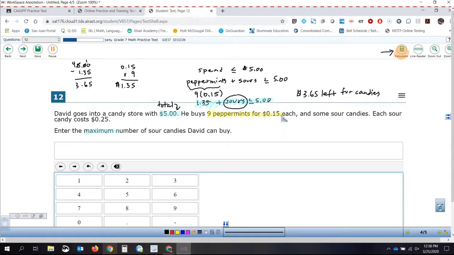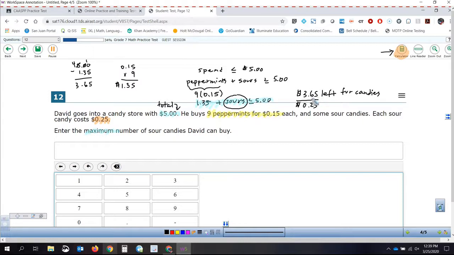All right, but what does it tell us? It tells us that a sour candy costs 25 cents. So if he has $3.65 to spend on sour candies, and each one is 25 cents, I need to take that number and divide it by 25 cents. How many quarters are in